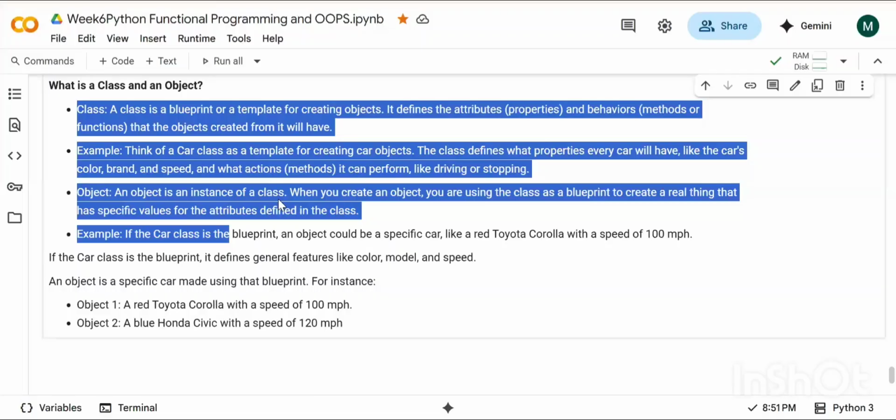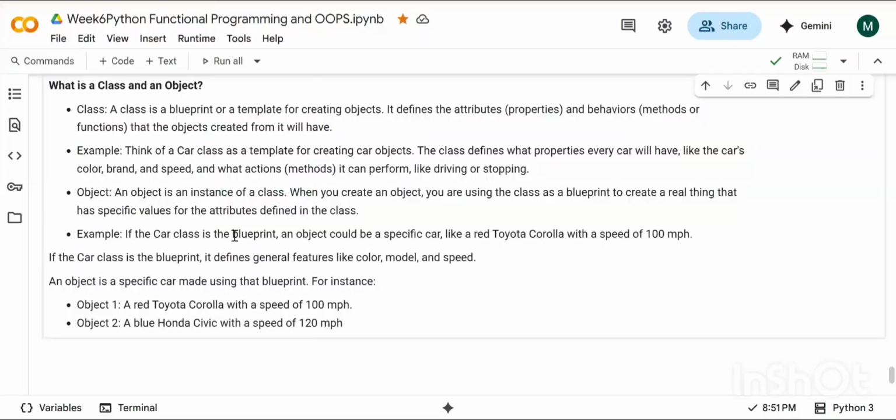So, ma'am, in the object, it is going to be the two attributes and the action. So a red Toyota Corolla, meaning that the attributes are red and Toyota Corolla, and the action is the speed of 100 mph. Yes, yes, yes. In object, basically, I'm giving the values. You guys will see it in the practical part now.